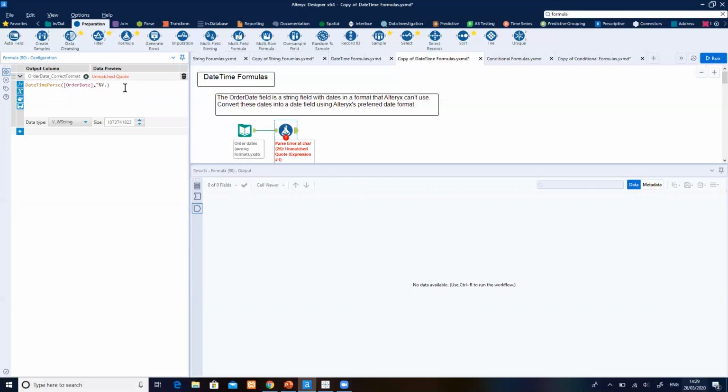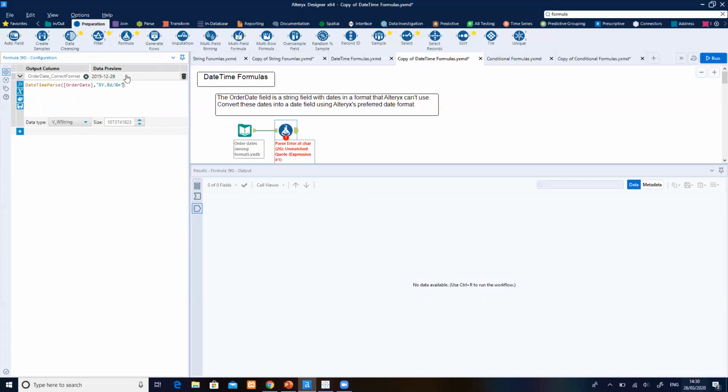And we'll put the % sign as a placeholder for the year, which comes first. Then we had a period. We'll do % as the placeholder for the days, in our case. We had a forward slash. And again, a % sign as a placeholder for the month. And close off the speech marks. We can see there in our preview pane that is going to give us what we want, the correct date